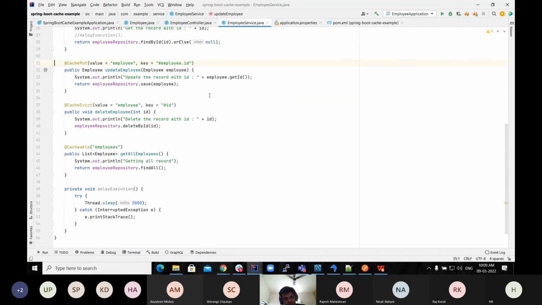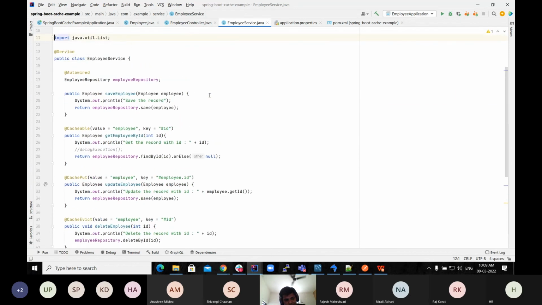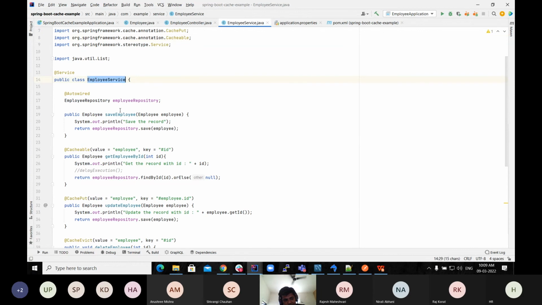You can see here my service class. I have added the repository here. I have defined methods. One is the save method to save to the database, and then this is the main method, the get method, on which